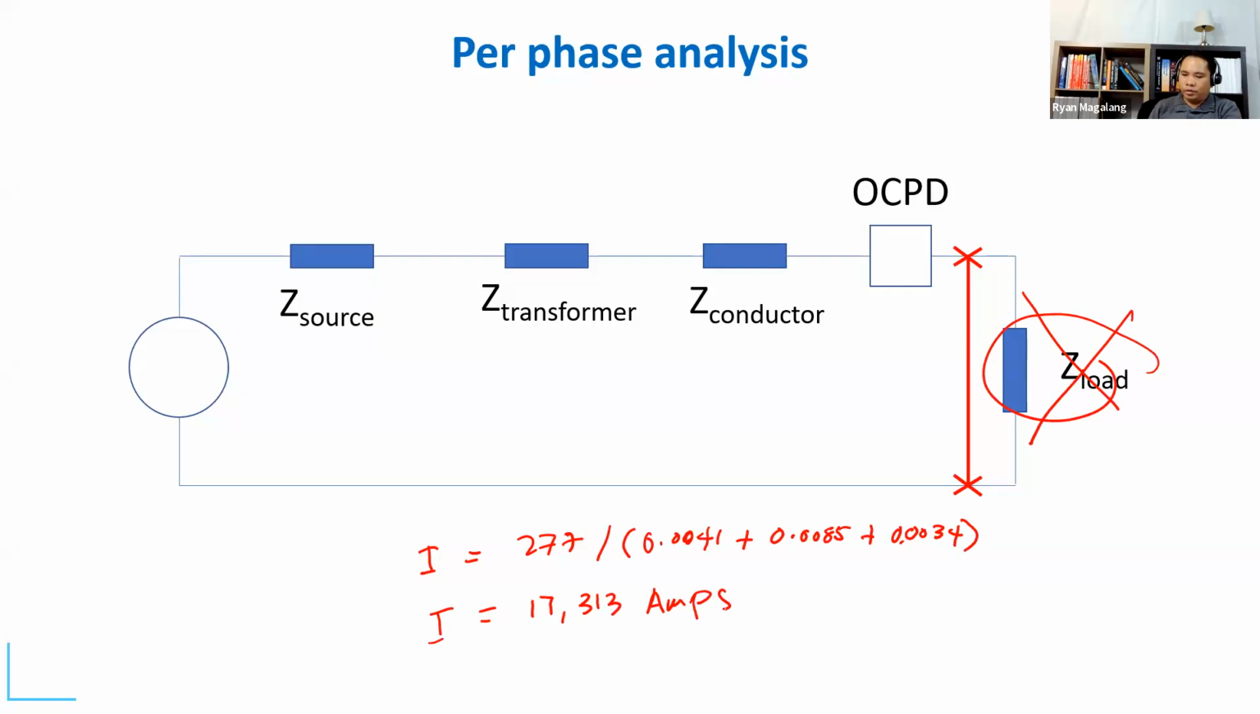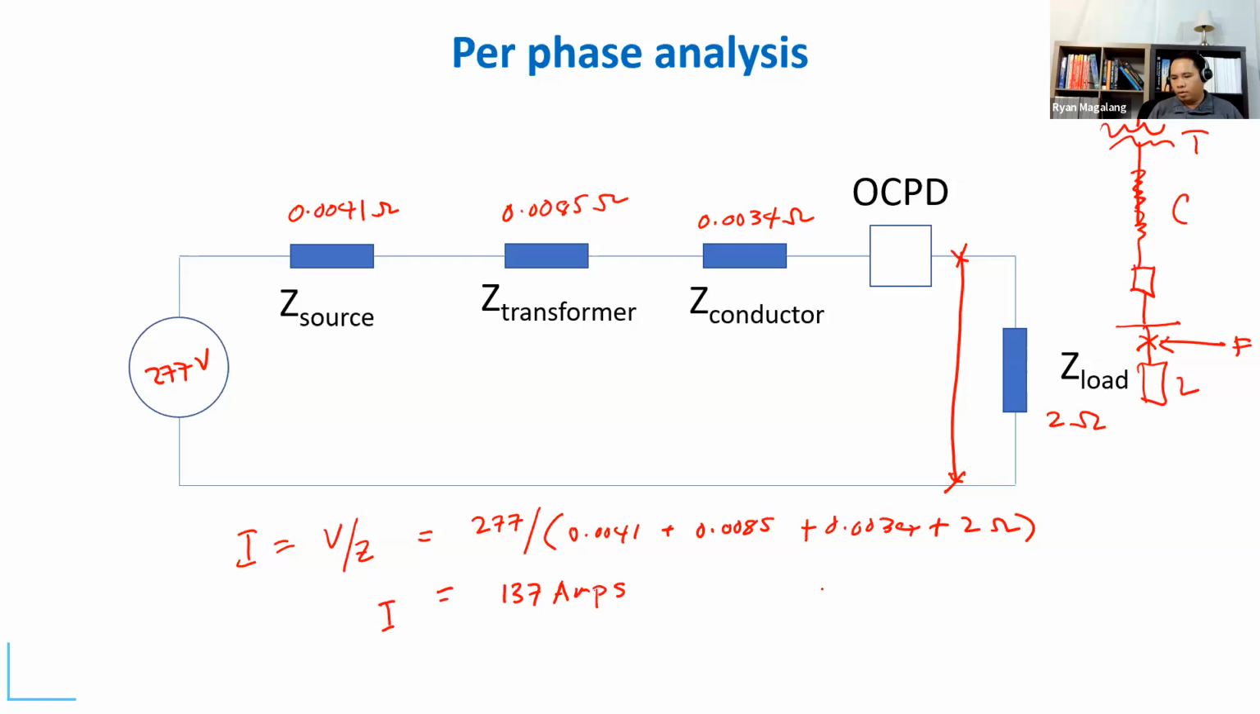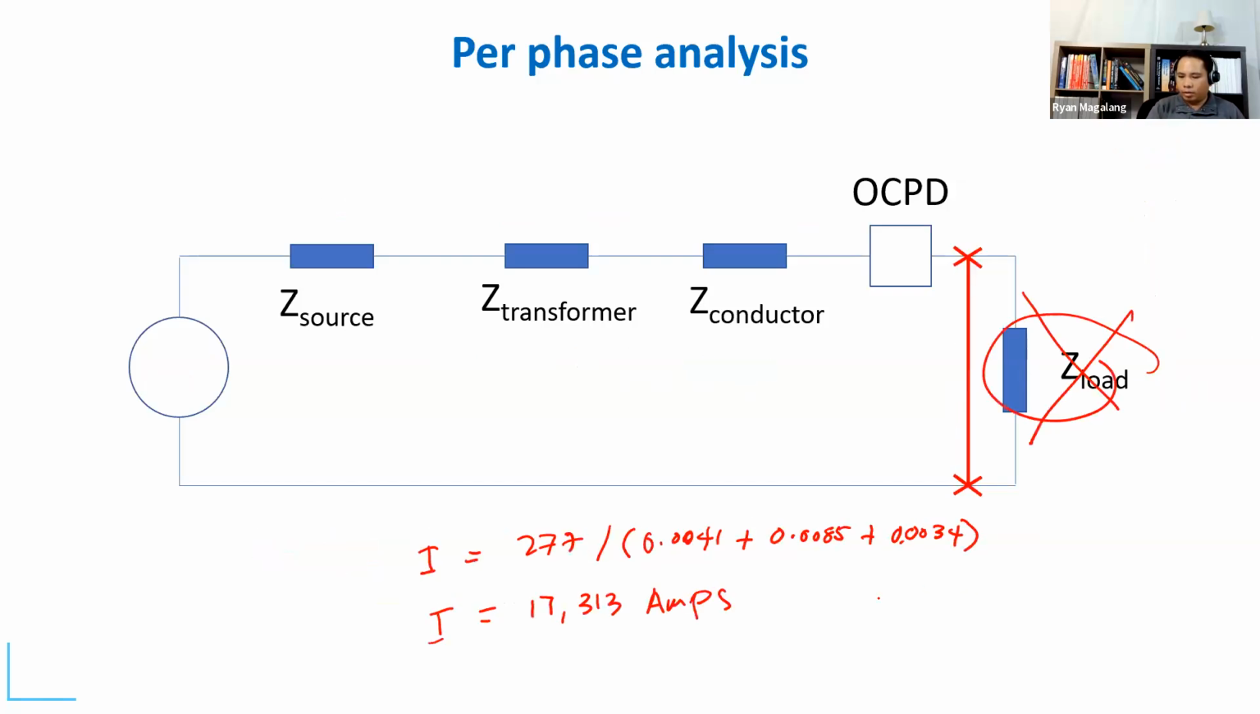so there is a huge jump difference between a normal loading condition here, which is 137 amps, versus a faulted condition, which is what we see here, 17,313 amps. Huge difference. And why is that? That is mainly because in a fault condition, you essentially remove your load,